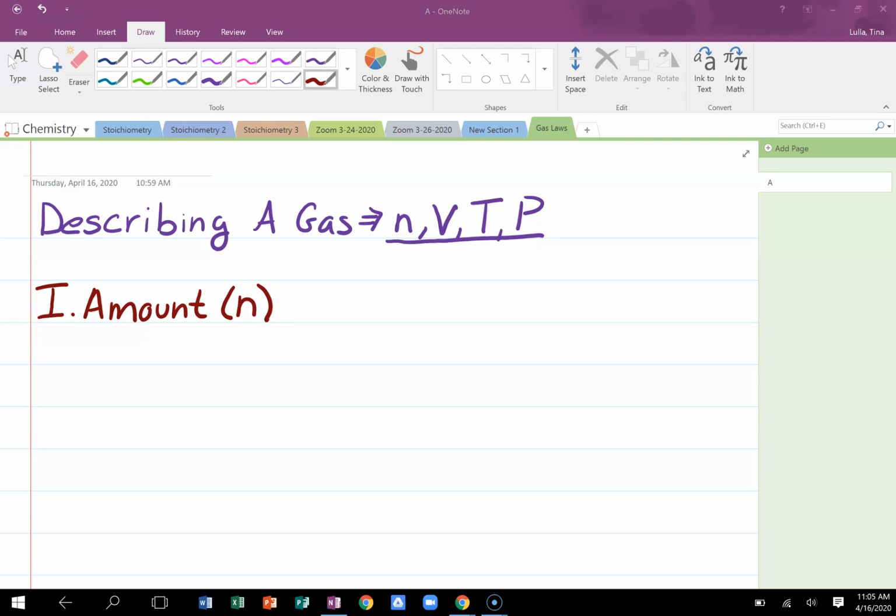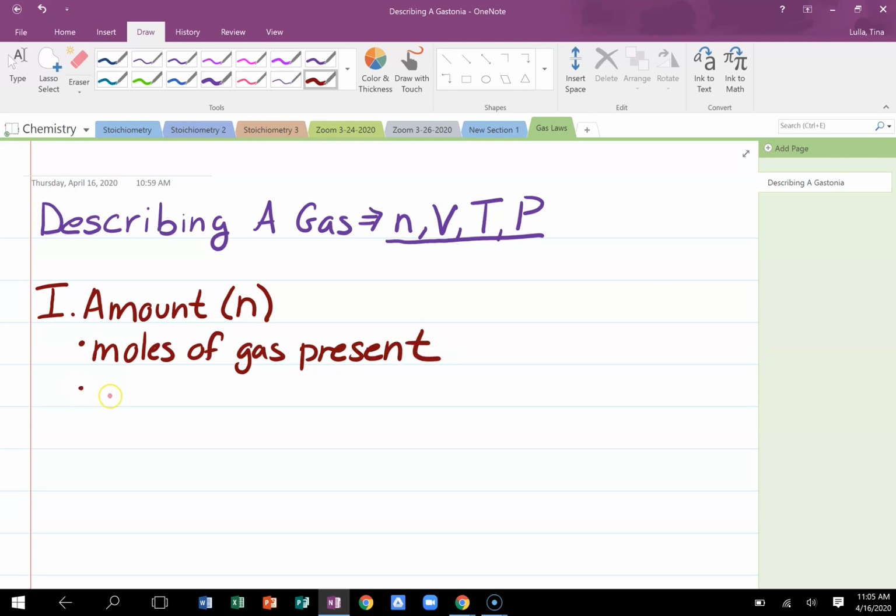And we don't need that right now. So we're going to use the lowercase n. And amount is basically the moles